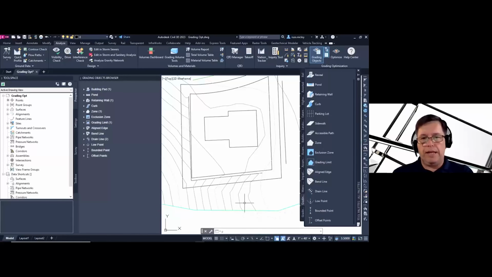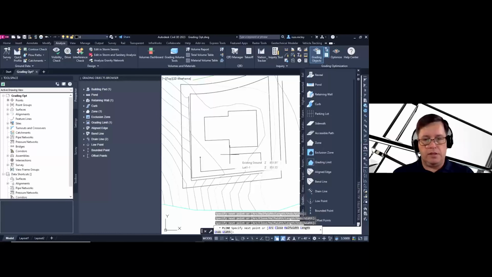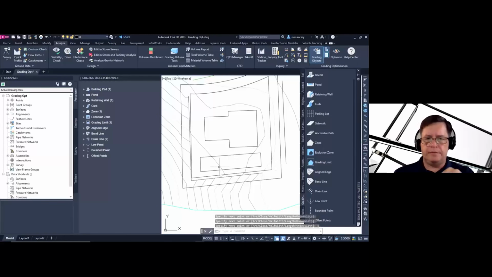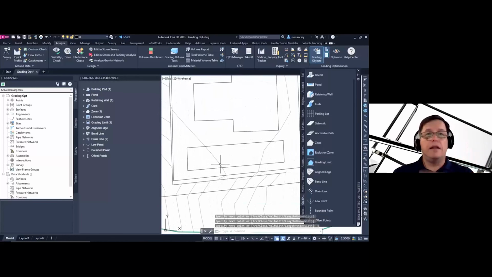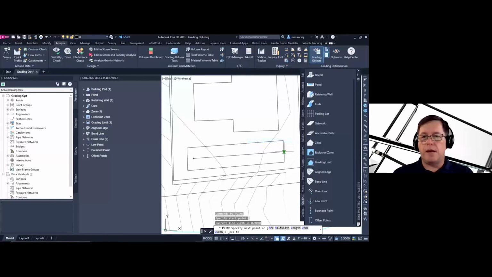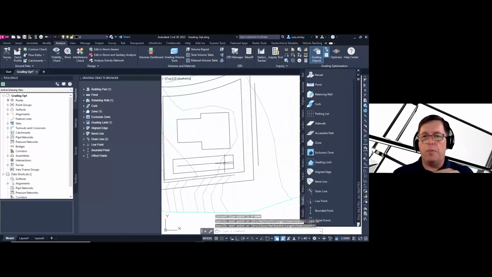Now I'm going to put a ditch in the backyard here. I'm going to start off with a polyline and create a grading limit for where this ditch is going to be. Just a 2D polyline, regular 2D polyline. I'm also going to draw a polyline across the middle here. I'm going to snap it to the edge here, hoping to get this to drain along here. This is a drain line, so that it'll drain off to the side here and out the end of our